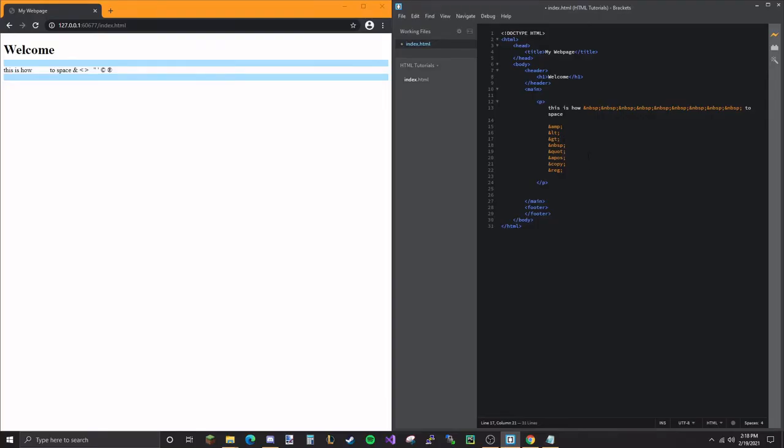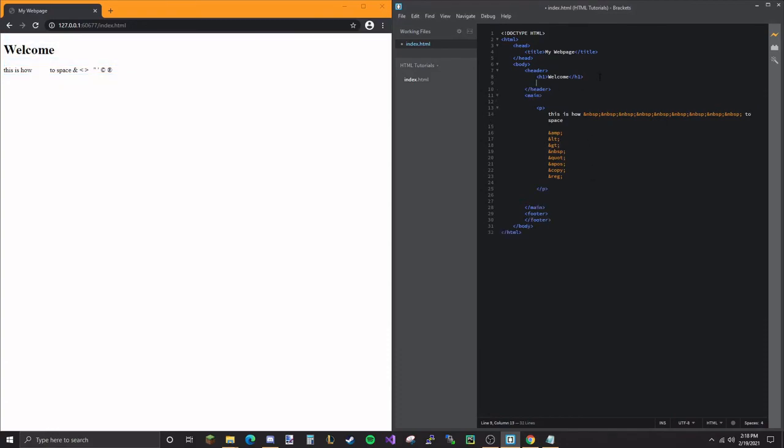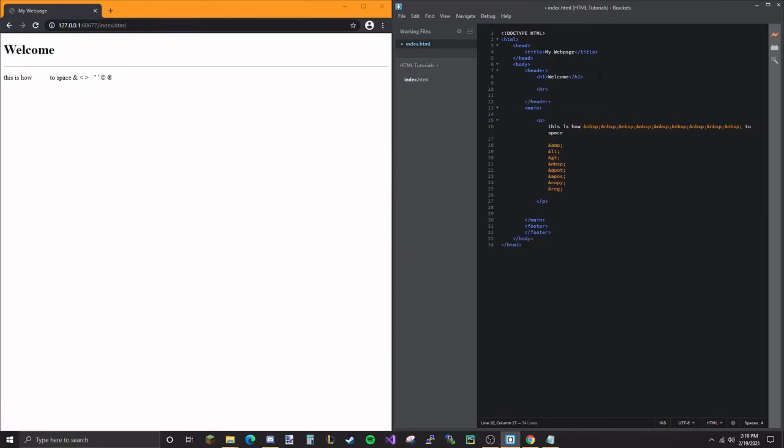A couple more things I just want to talk about really quickly. There's a special tag called HR. It's a horizontal rule. It just makes a line across the page. You do not need a close HR. You can see brackets will tell you it's red, something's wrong. You do not need it. Same thing